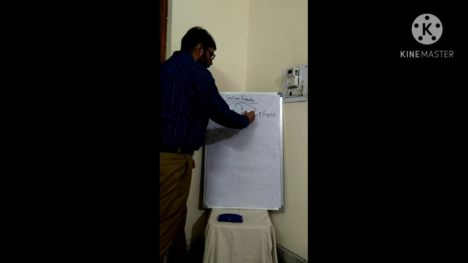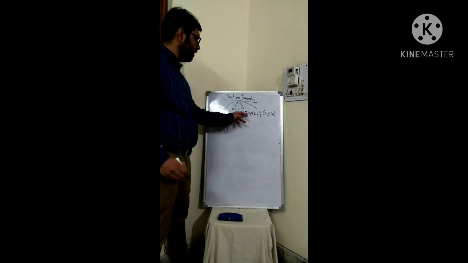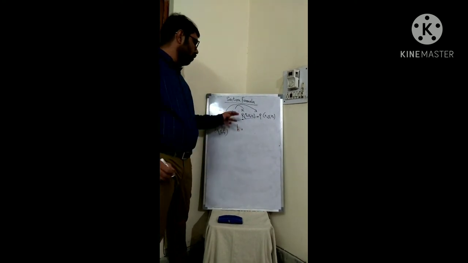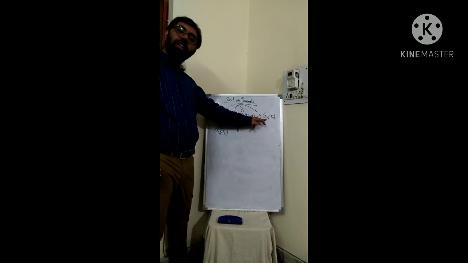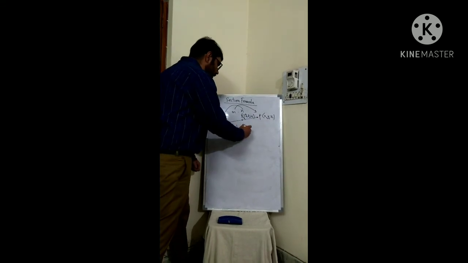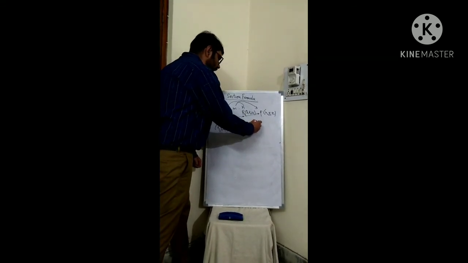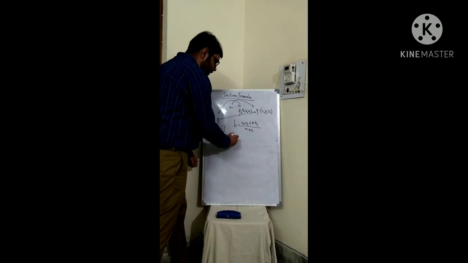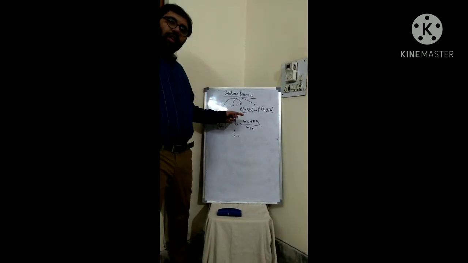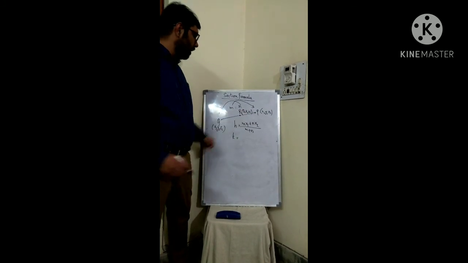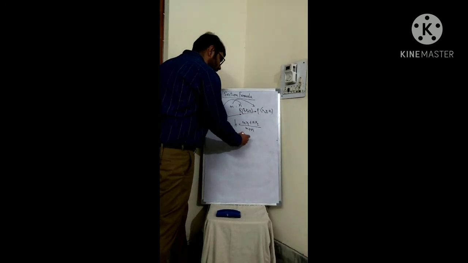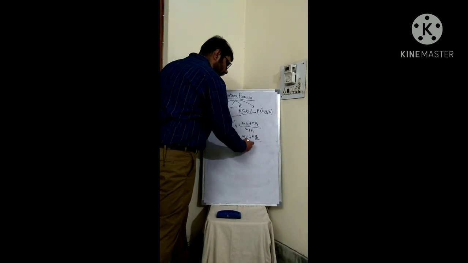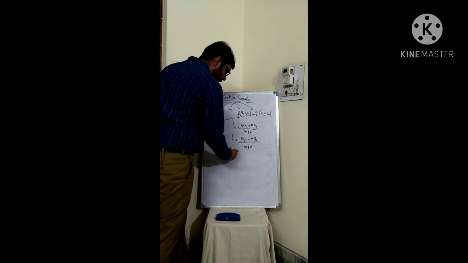So let's say the coordinates of R are h, k, u. Now if I want to write the x coordinate, what I will do? I will multiply m by the x coordinate of P. So m into x1, n will be multiplied by x2 and the sum will be divided by m plus n. Similarly, if I want to find the y coordinate of R, say k, m multiplied by y1, then n will be multiplied by y2 and the sum will be divided by m plus n.